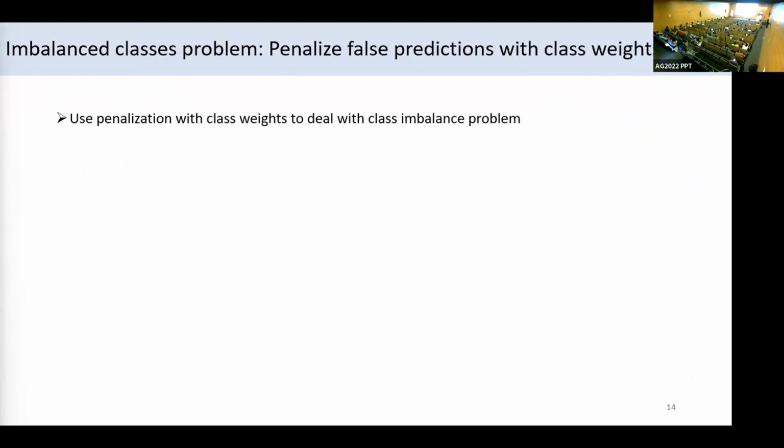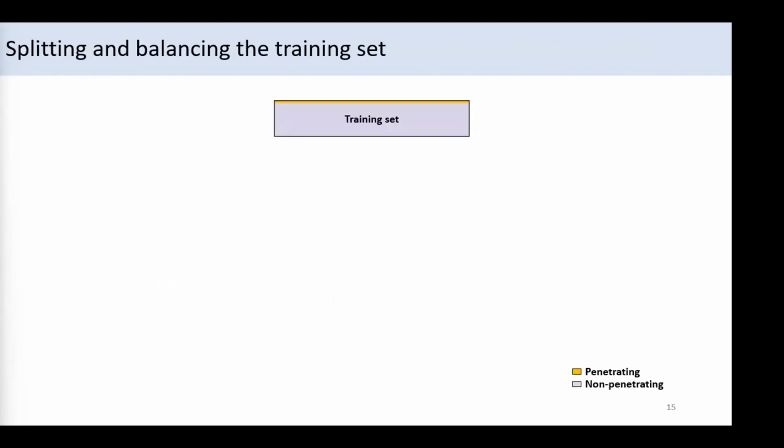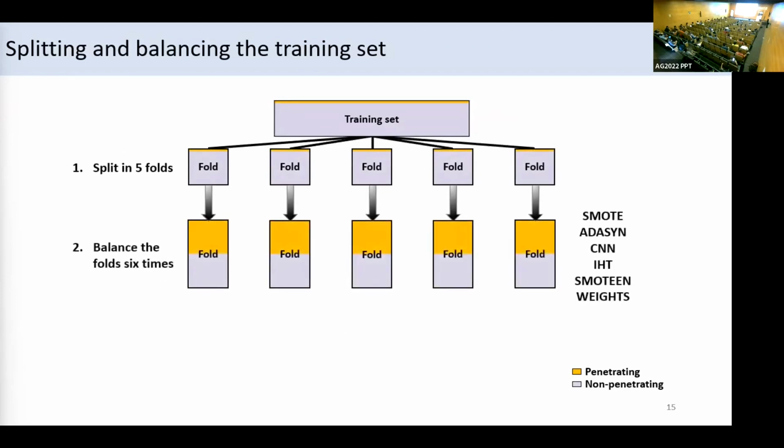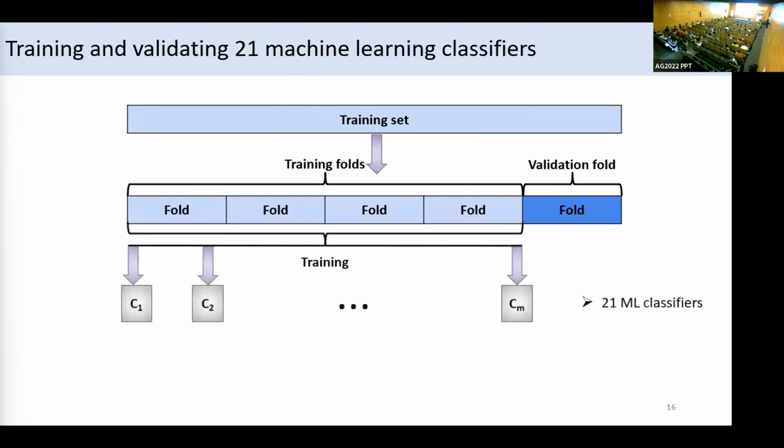As a last data set, we kept the initial one, and we used a penalization system, which are class weights, to impose a bias on the models towards the minority class samples and give higher emphasis on them. So we split our data set in 5 folds, and in each fold separately, we applied these techniques to balance each fold separately to avoid information leak between the folds. And then we proceeded with 5-fold cross-validation in 21 machine learning classifiers,